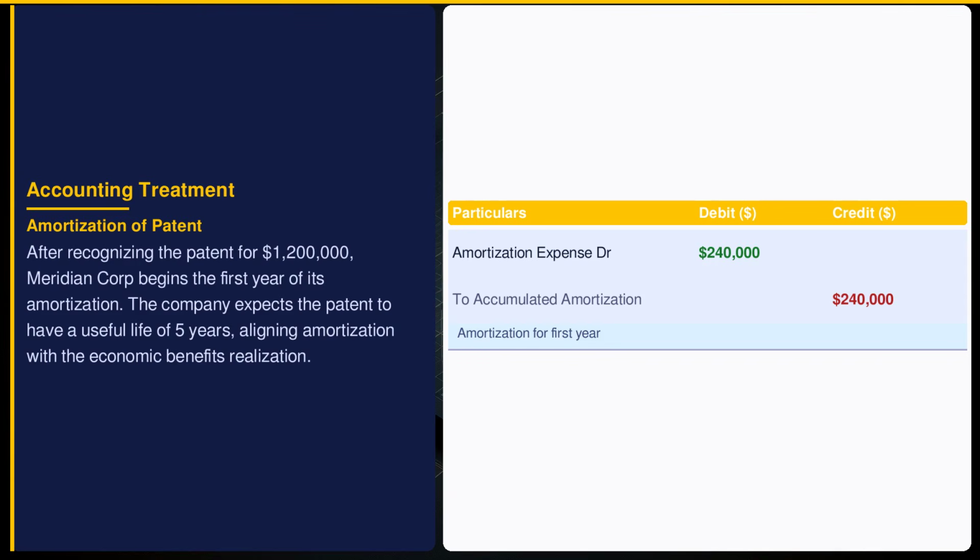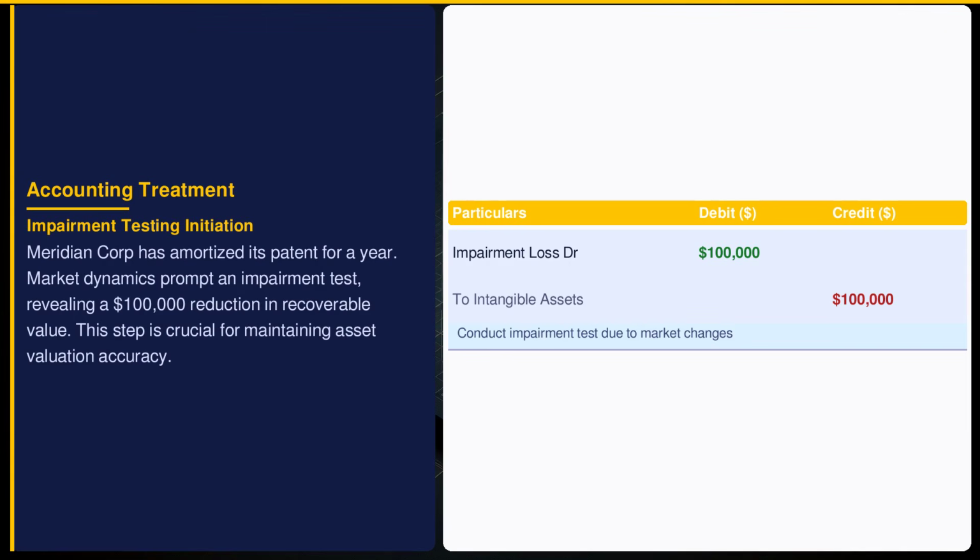For Meridian Corporation, annual amortization of $240,000 aligns with the expected 5-year benefit period. Indian Accounting Standard 38 requires this systematic allocation, impacting both the income statement and balance sheet. Impairment testing checks asset recoverability. A $100,000 impairment loss is recorded when the patent's market value drops. Indian Accounting Standard 38 enforces this, ensuring Meridian Corporation's intangible assets are not overstated in volatile markets, preserving balance sheet